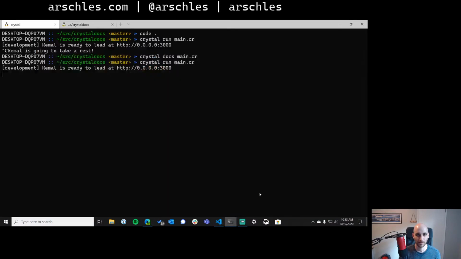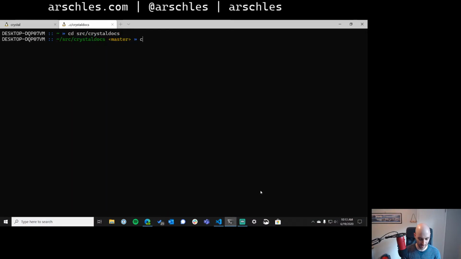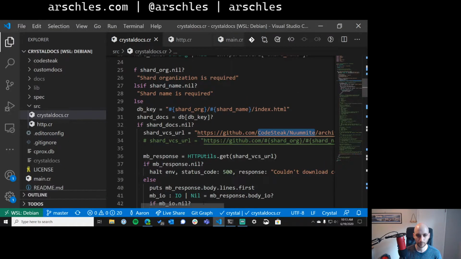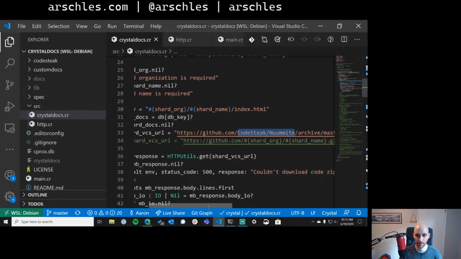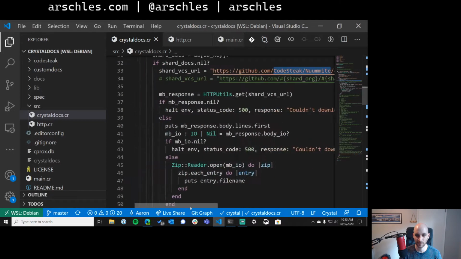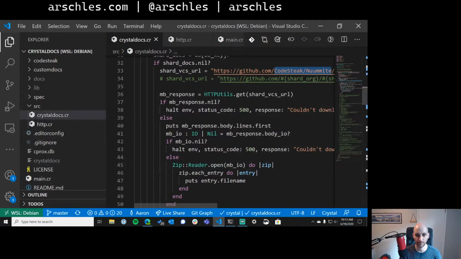So let's do a curl in our other tab. Oh, what port did I use? 3000. CodeStake Numite. And error. Couldn't download code zip file, no IO. So where's that being printed out? No response. We got past that then. Couldn't download zip file, no IO. Okay. So